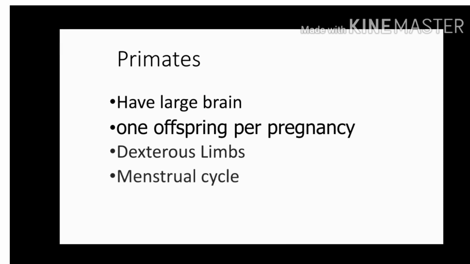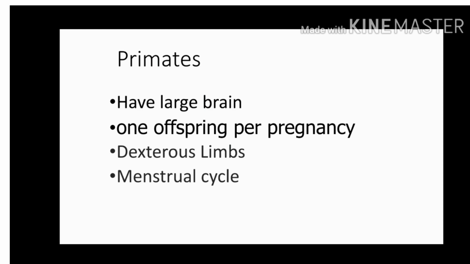And they exhibit a menstrual cycle. What does the menstrual cycle mean? This is the cycle which comes in reproductive events, especially in a female body. Means this change is governed by a cycle, which is called the menstrual cycle. There are changes which we can see in the ovaries and uterus. We can see this kind of changes due to the change in the level of hormones.